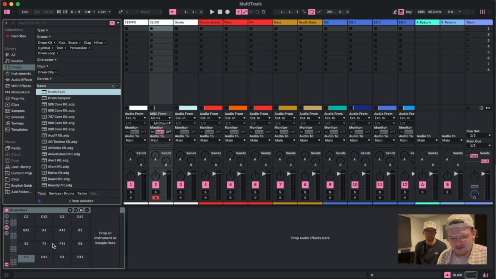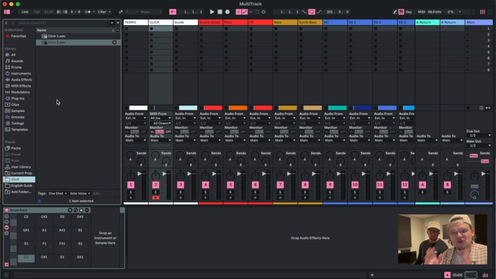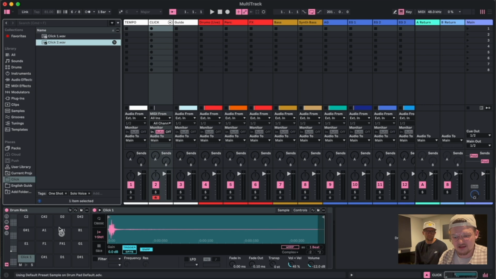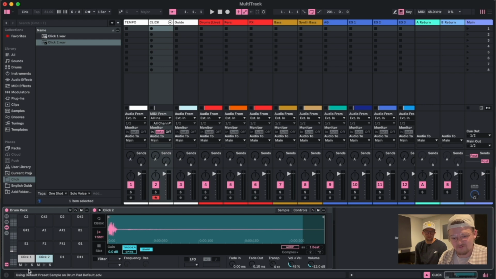Now you can see this opened up this thing where we can drop samples basically onto these notes. I've sampled the multi-tracks click because it has both the accent, the beat 1 accent, and then the 3 beats after that of click. So click 1 for me is the accent, so I'm going to click and drag that onto C1, and then click 2 is the rest of the click, and I'm going to drag that onto C#1. Okay, great. So now if I hit play, you can hear click 1 is the accent,